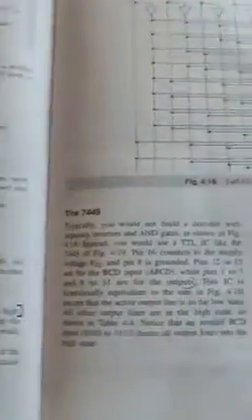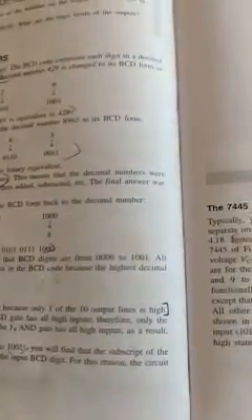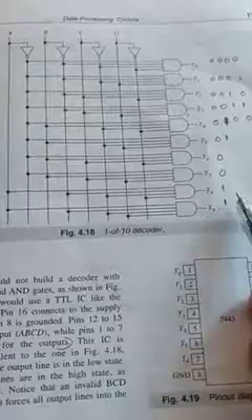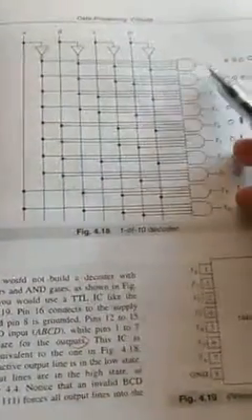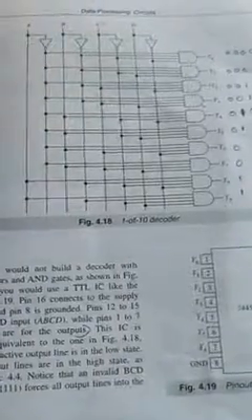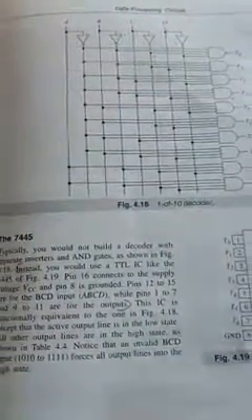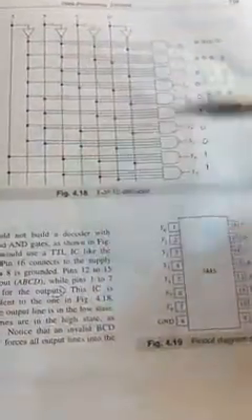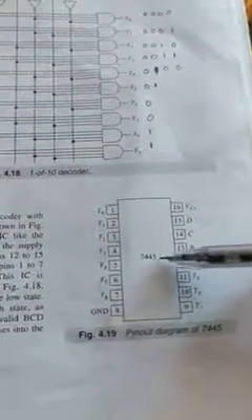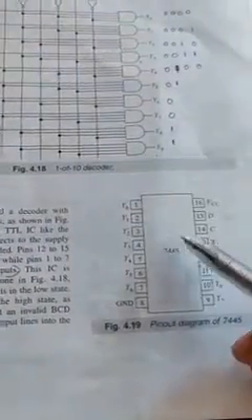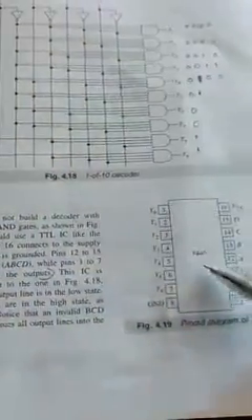So when they ask you to explain the BCD to decimal decoder, you are supposed to draw this circuit diagram with ABCD as 4 control inputs and 10 data outputs. This is the basic circuit diagram. To perform this operation we will be having some ICs like the 7445, and this IC is going to perform this operation.